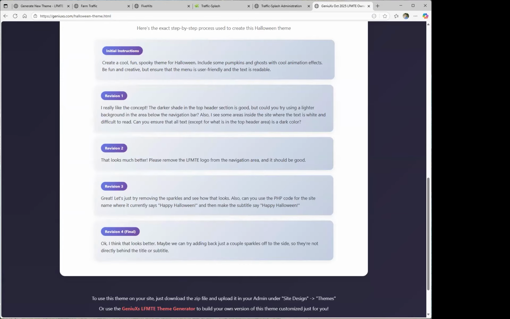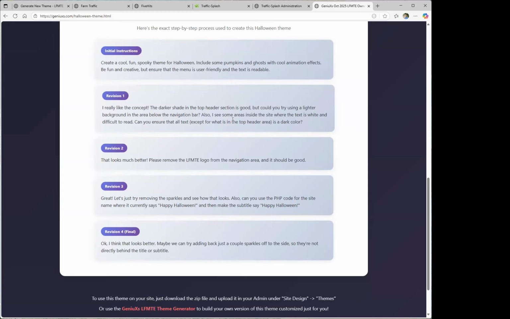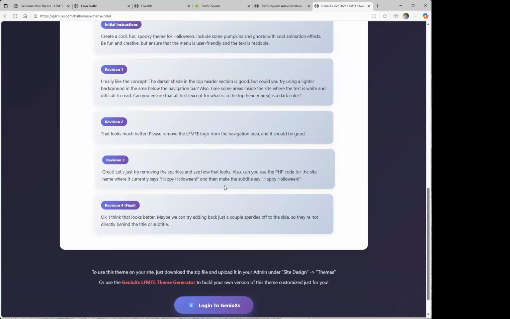And originally it said Happy Halloween up here and then the site name down here, and I wanted to reverse that. I wanted the site name on top. So I just said, put the site name where it currently says Happy Halloween and then change the subtitle to say Happy Halloween. And then the very last revision I did, when it took out the sparkles completely,